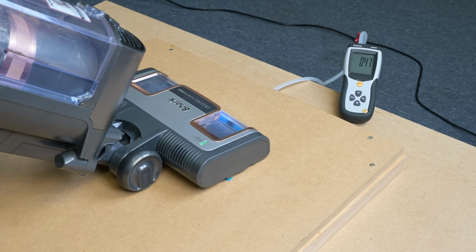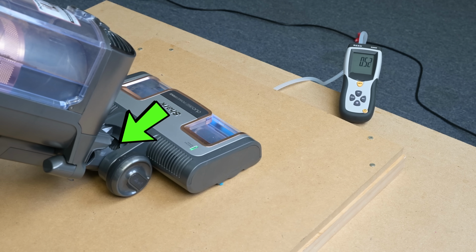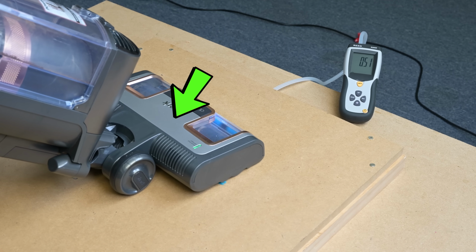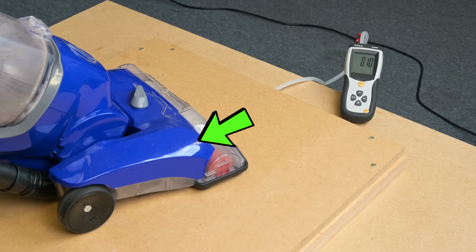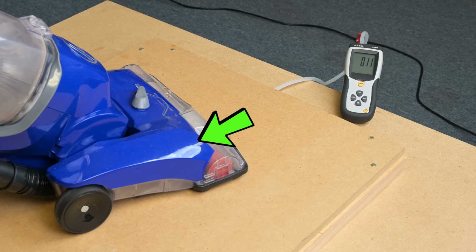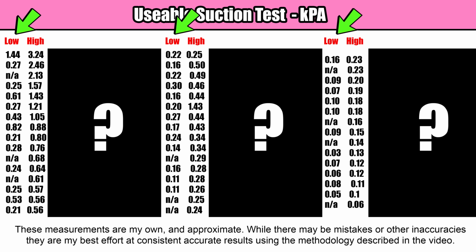For example, many vacuums have their air hose right down the middle, meaning that the strongest suction would be dead center in the vacuum's head. But others have the hose to one side or another, in which case I made sure to test its max suction number from there. I also tested their low and high power numbers when applicable,